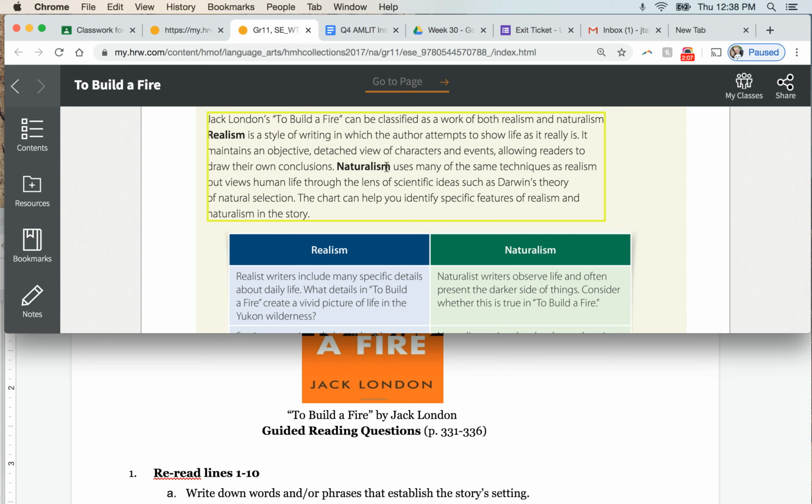Naturalism is similar to realism. Let's read about that. It uses many of the same techniques as realism, but views human life through the lens of scientific ideas such as Darwin's theory of natural selection. All right, and just to give you some background here, this refers to Charles Darwin. This was a naturalist scientist, and in, I believe, the late 1800s, he published The Origin of the Species, which detailed his theory of evolution, basically, where species are challenged by their environments,